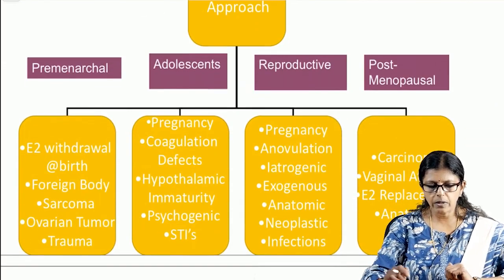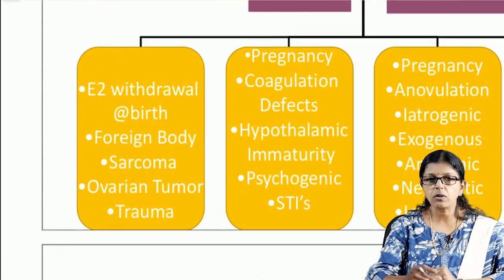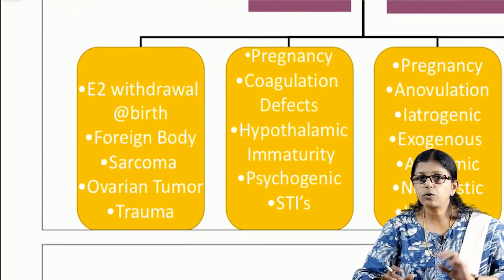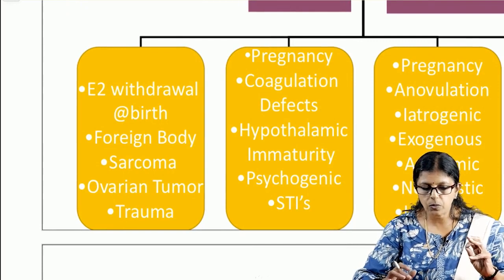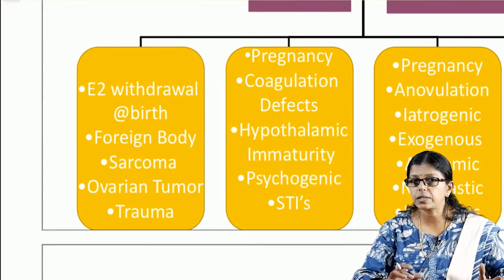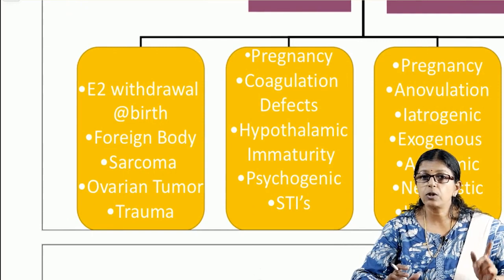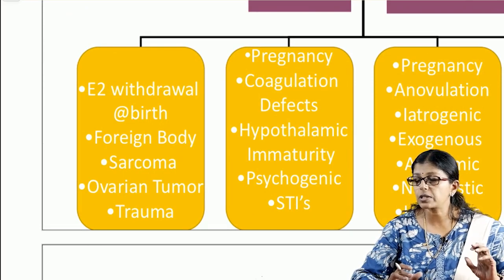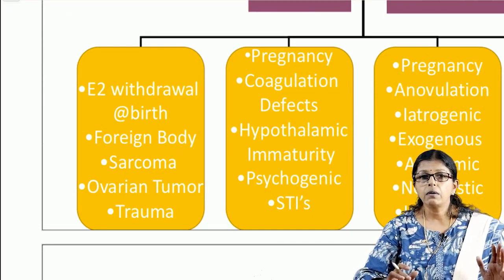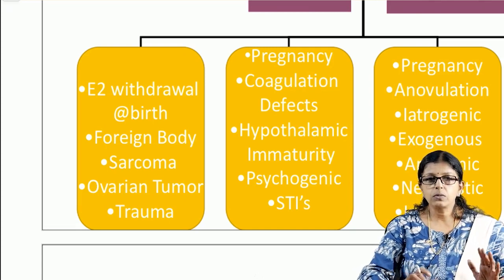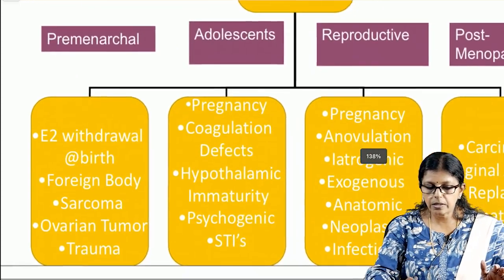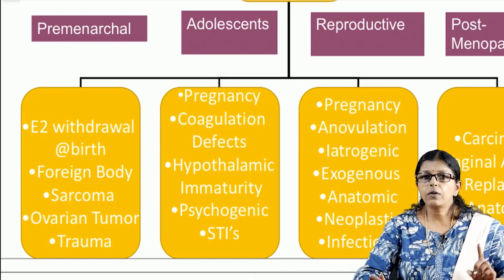When you have a premenarcheal child, the causes of bleeding are different. It could be a foreign body, it could be because of estrogen withdrawal, and sometimes it can be malignancies. So, you have to investigate accordingly. You might need to do an MRI or CT, because sometimes the examination will not be complete. Now, suppose it is an adolescent girl, then you have to rule out